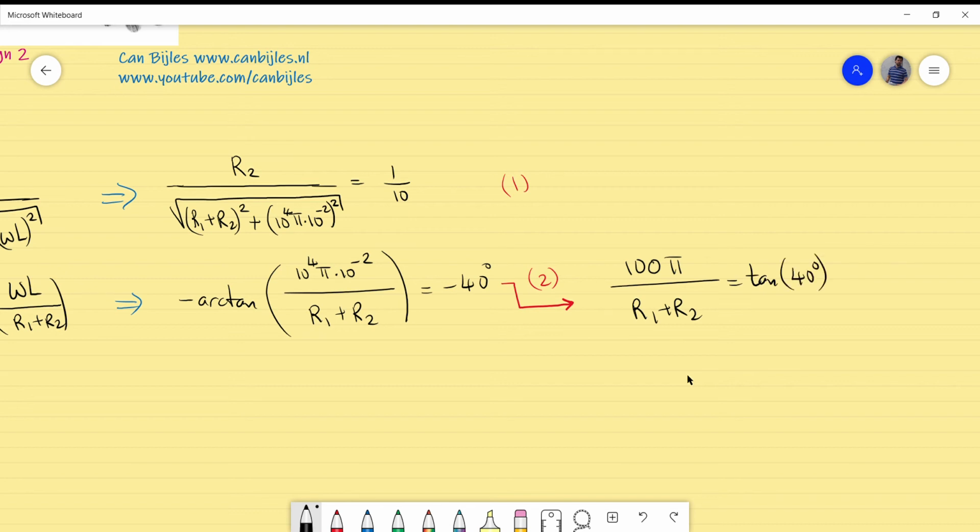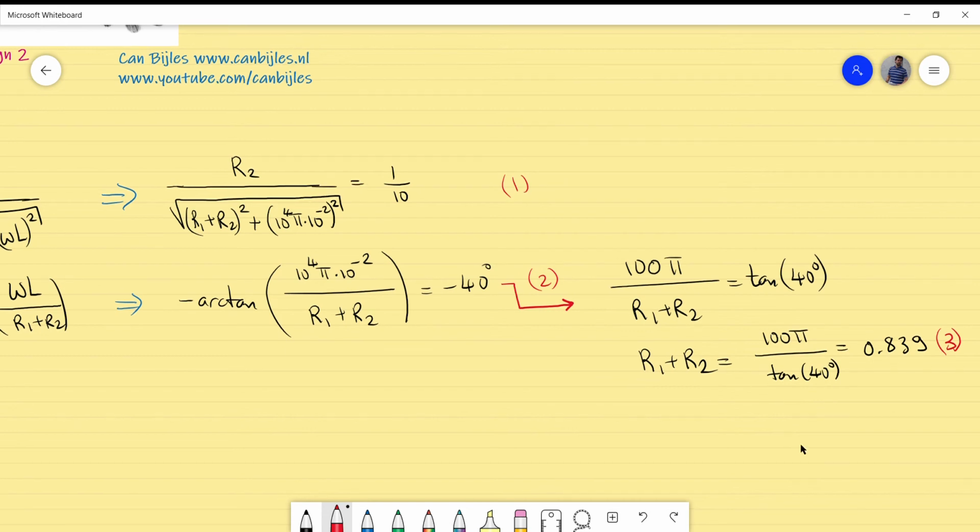That's actually for this situation. Now I have the situation for R1 and R2 very easily calculated. So R1 plus R2 will be 100 pi divided by tangent of 40 degrees. If you do the math here, you will get 0.839, very close to that. And if I now also designate this equation number 3, I know the sum,